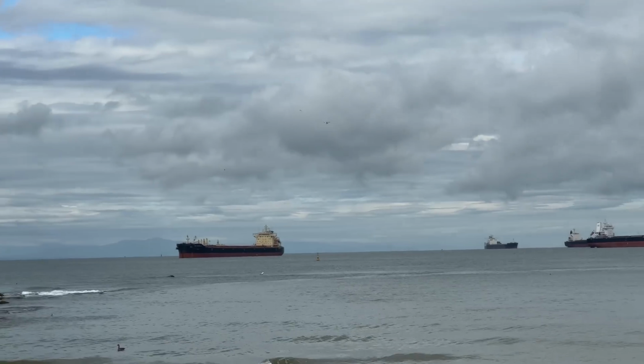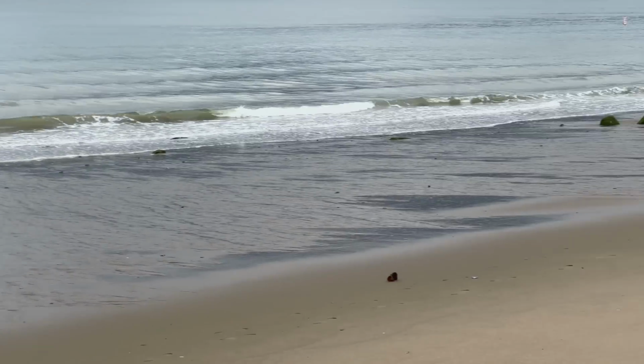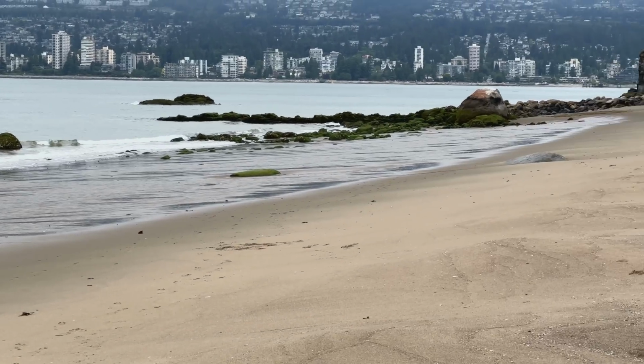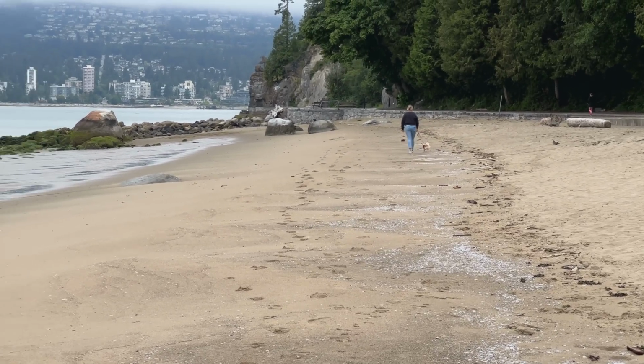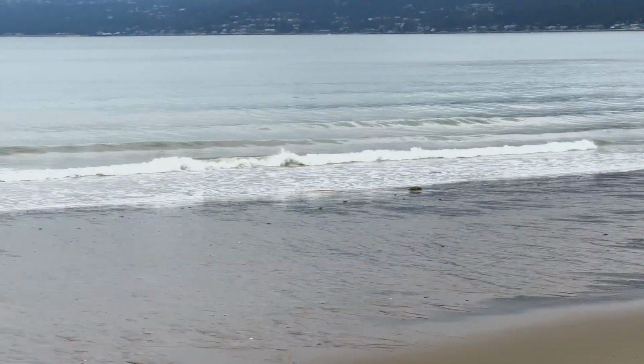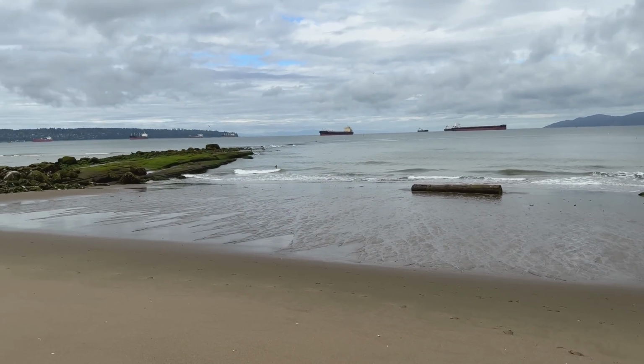And yeah, here we are on Third Beach. It's pretty quiet right now, which is nice. One lady walking her dog, but other than that, there's just some people on the seawall. Drum circle hasn't begun yet, so